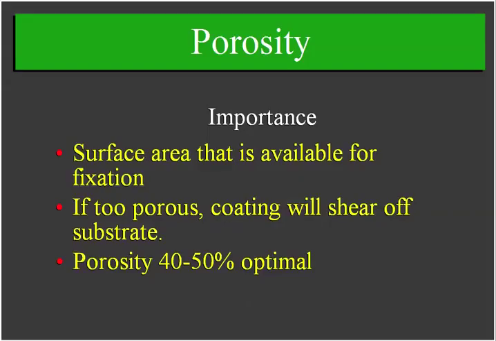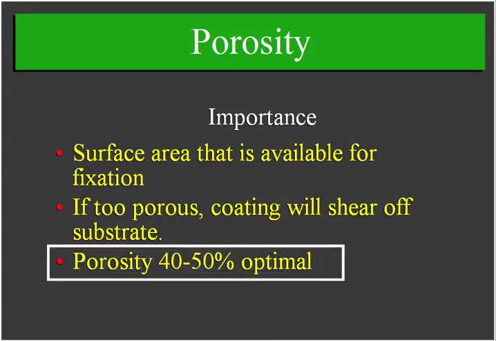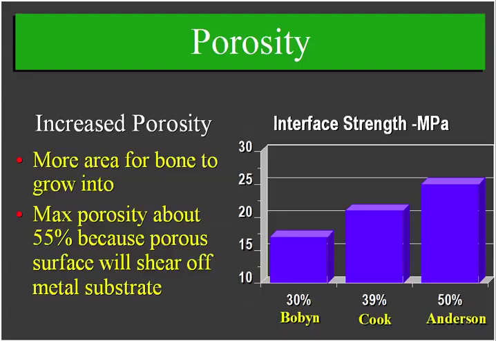The porosity is important too. You can't make your surface too porous. The area of porosity is needed for fixation, but if you make it too porous, then the entire porous coating will literally shear off your prosthesis. So the optimum porosity is 40 to 50%. And these are all mistakes that we made clinically back in the 80s, and we had a lot of learning